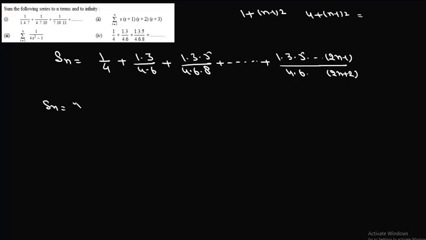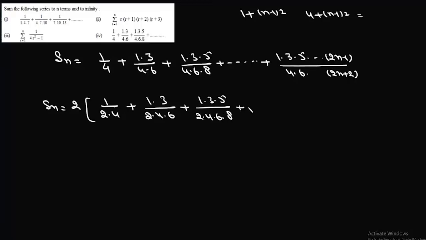So we can write this Sn as 2 into, and this is 2 into 4, and this is 1 into 3, and this is 2 into 4 into 6. This is 1 into 3 into 5, and this is 2 into 4 into 6 into 8, and this is 1 into 3 into 5 up to 2n minus 1, and here it will be 2 into 4 into 6 up to